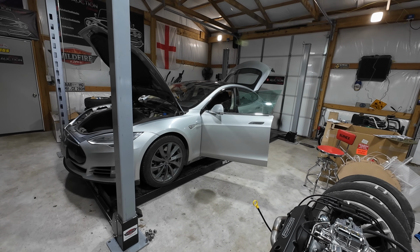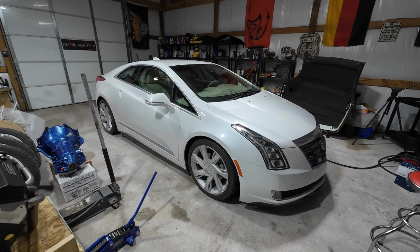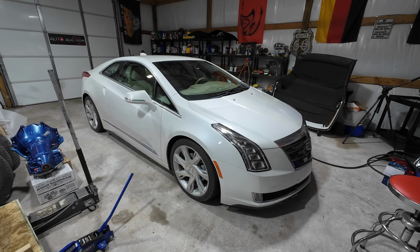You're done. You're left on the side of the road. You better have it figured out. With this car, that is not the case. So yes, 28 miles of range really does suck, but I'm here to tell you from personal experience using this,